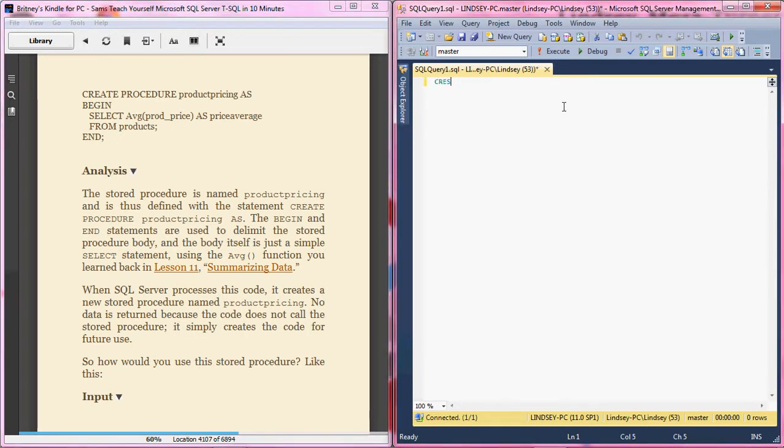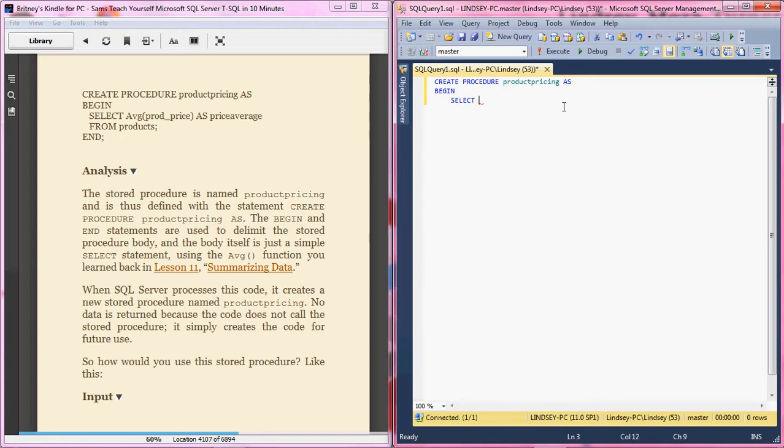So create procedure product pricing as begin,